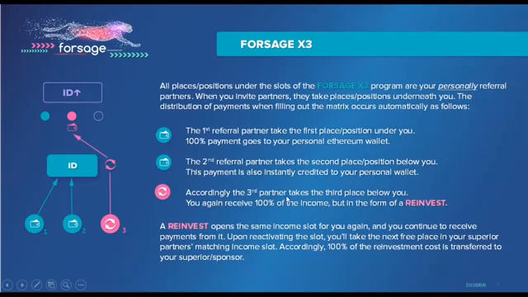So accordingly, the third partner takes the third position below you, and you do receive 100% of the income, but in the form of a reinvest or a reactivation of that particular income slot. So again, when this third payment comes in, for example, if this was 0.025, that payment is going to go up to whichever open slot of your superior it falls into, and this will reactivate your income slot. Again, for example, if this were 0.025, these circles would open up again,